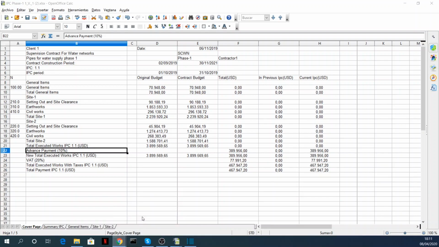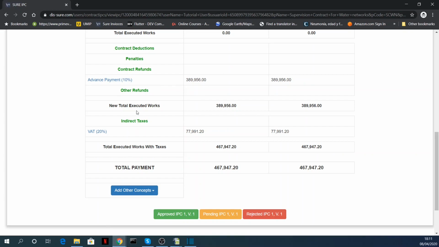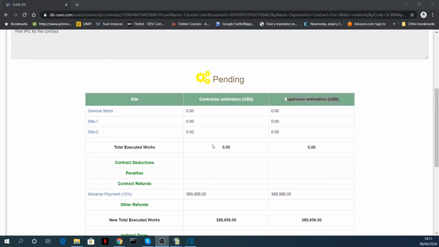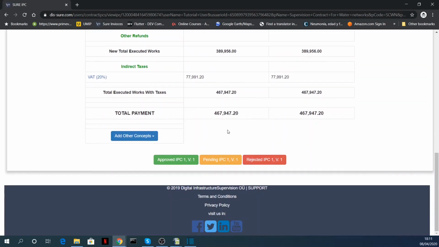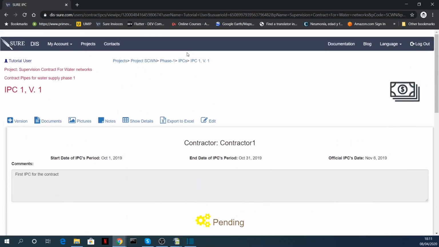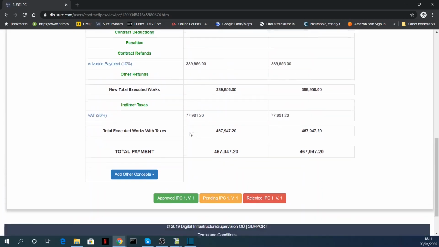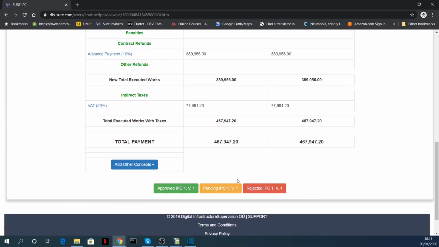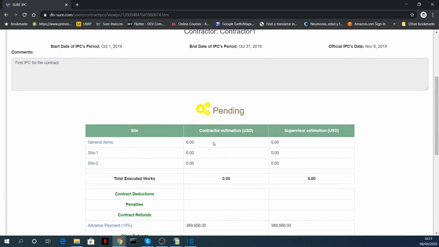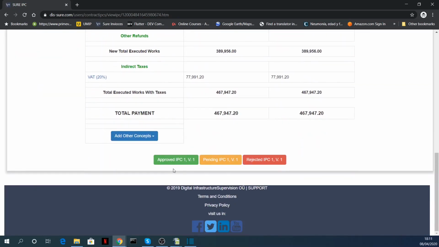So the usual procedure is, after you finish all this and you circulate all this to the contractor, and everybody agrees and everybody's okay with it, you usually approve it. And here, in this view, in which you have the IPC and it's still pending, you can see that there are 3 options: approve, pending, or reject. These options will only appear to the approver roles or to administrator roles. That means a user will not have the option to approve or to reject an IPC or to keep it on pending. Well, in this case, just to make it easy, since I am an administrator, I have these options to